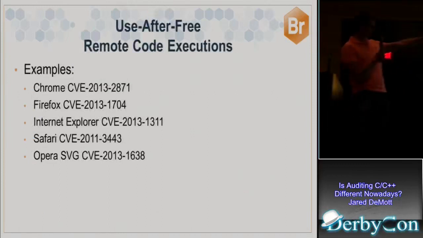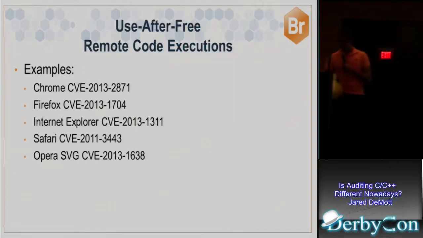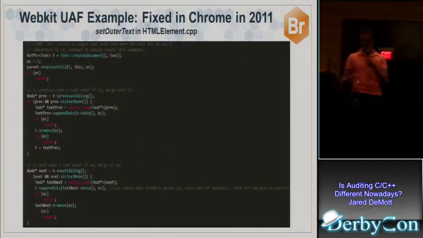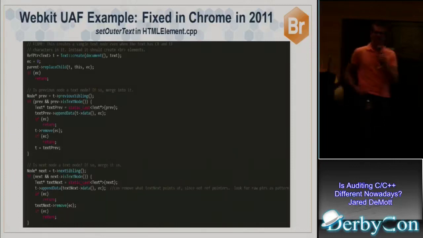You can look around for different CVEs and figure out that this one had an issue with a use after free here and it looked like this. This one had a use after free here and it looked like that. The one we're going to look at is one from Chrome that was fixed in 2011. Mainly because it's just a good example. It's easy to understand. It's easy to look at and see. There's not a lot of code you have to show on the screen to try to understand this particular example.